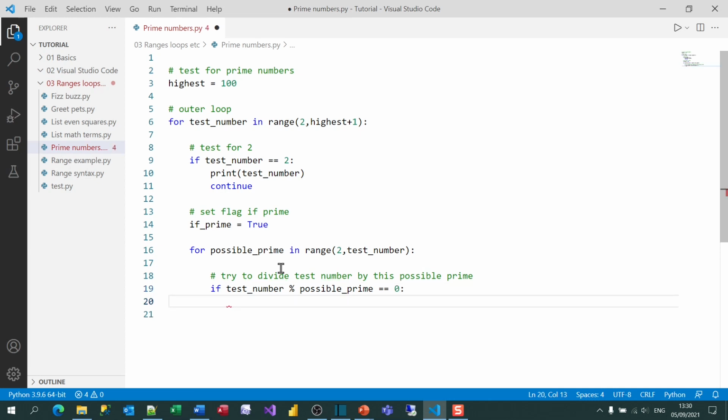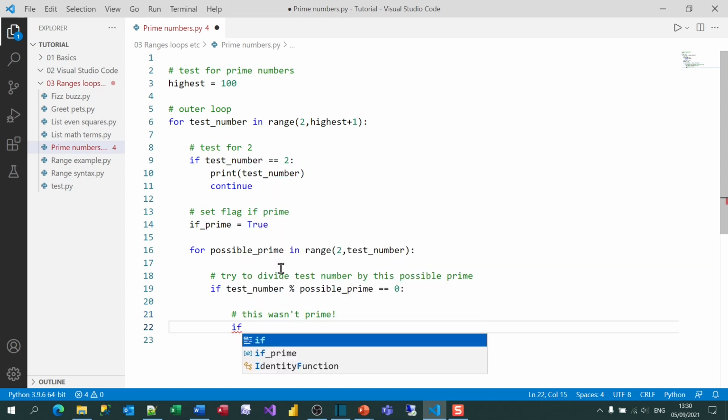And that means I found another divisor less than the prime itself, and so it wasn't prime. So I'll put a comment saying this wasn't prime, and I think that deserves an exclamation mark. So I can set my if prime flag to be false,